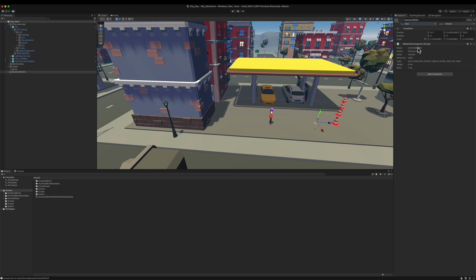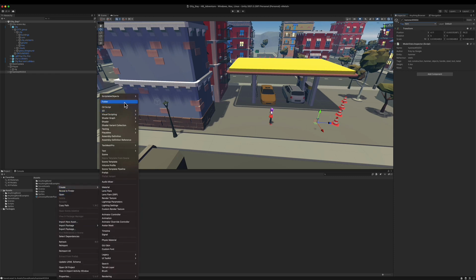And now, since we're going to have many objects in our world with a lot of information and a lot of data, we are going to create scriptable objects to store this data. So instead of storing it in a game object in the scene and consume memory with that, we're going to create scriptable objects that we can reference when needed. And so we're going to use a lot of scriptable objects in